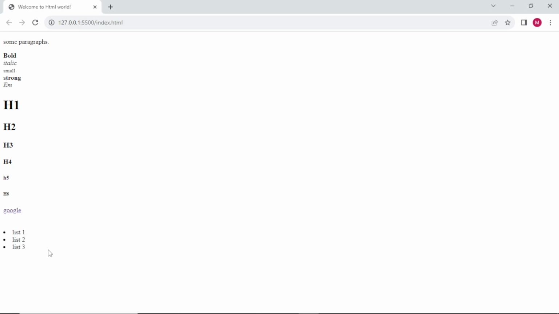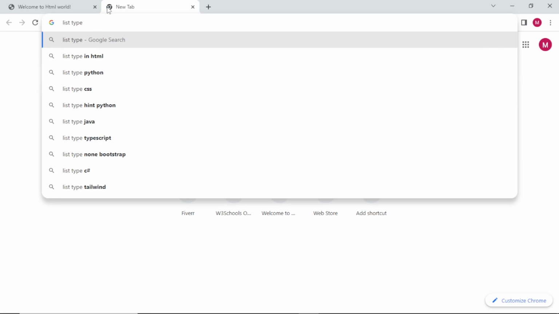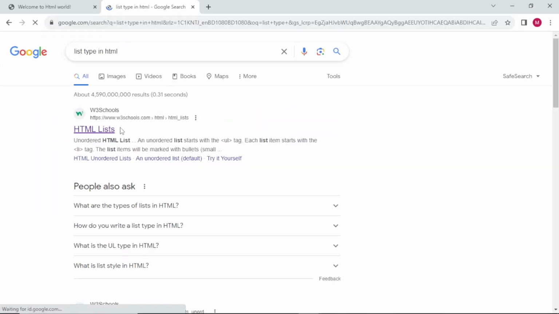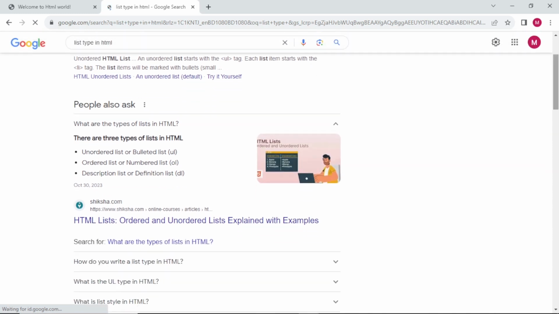There are 2 types of list: unordered list and ordered list. Ordered lists are 1, 2, 3, 4, 5, and unordered lists are depicted with bullet points. If I type in Google list types in HTML, you can see what the list types are. Yes, there are unordered or bullet list, ordered or number list, and definition list. If I click on it,